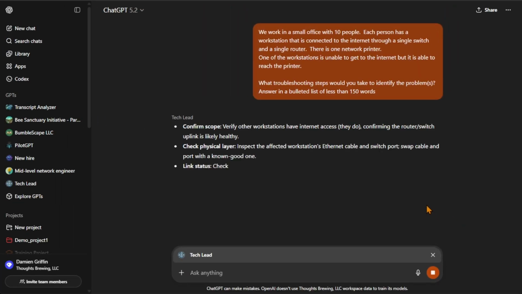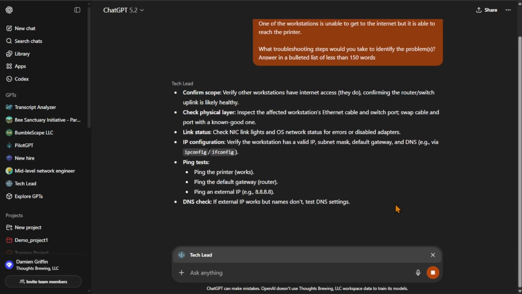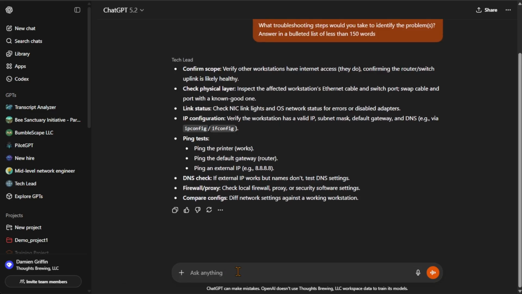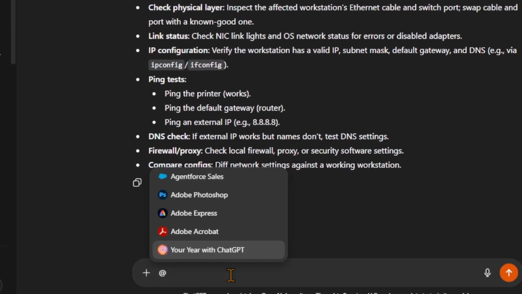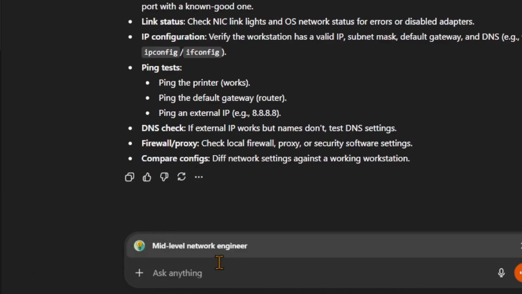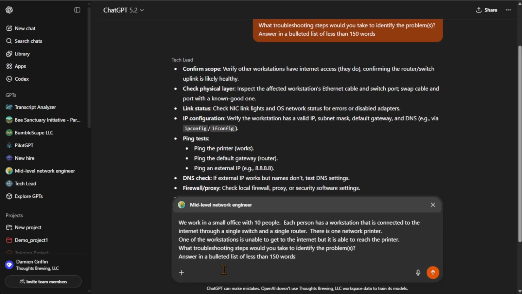It has some stuff. We'll come back to that in a second. So now you can X out of that, and then you can come back here and what's my other one? Mid-level network engineer. So now I can select mid-level network engineer, paste the same prompt,